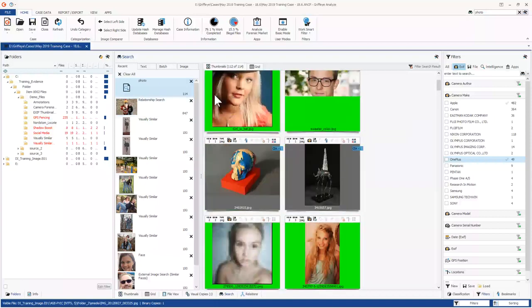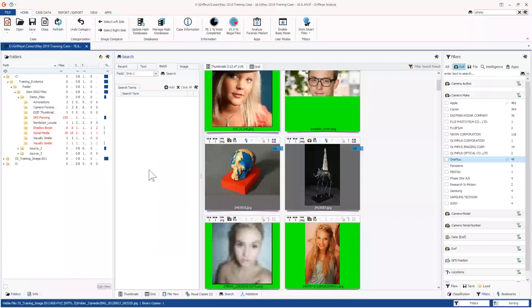We can do a batch search. One good use case for a batch search is, let's say you have an investigation and you have 8 files that you got in a cyber tip, or you downloaded in a proactive undercover investigation, and you want to see if those reported files are in your data set. You can basically bring in a text file,